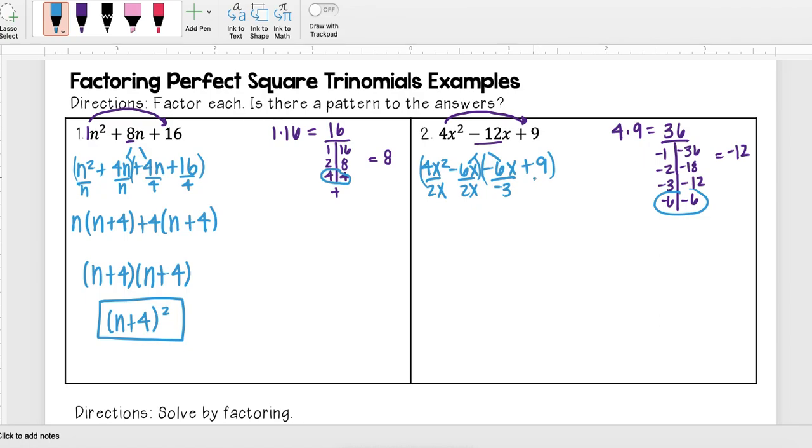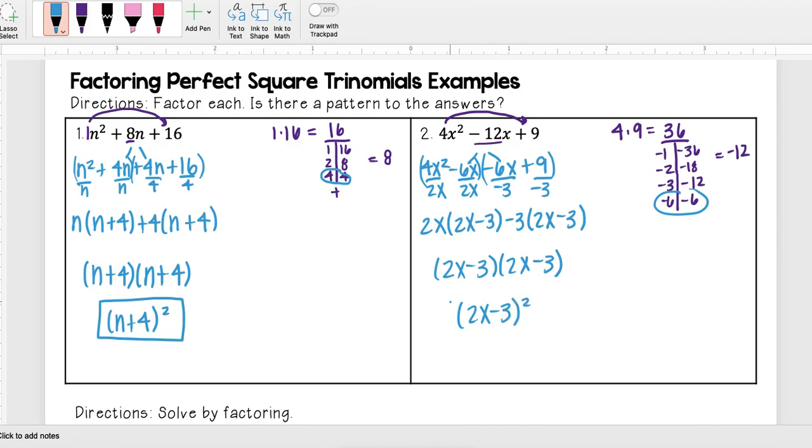That's because I don't want my first term to be negative. So when I take out my GCF, this is what I'm left with. And so I have 2x minus 3 times 2x minus 3, which ends up just being 2x minus 3 quantity